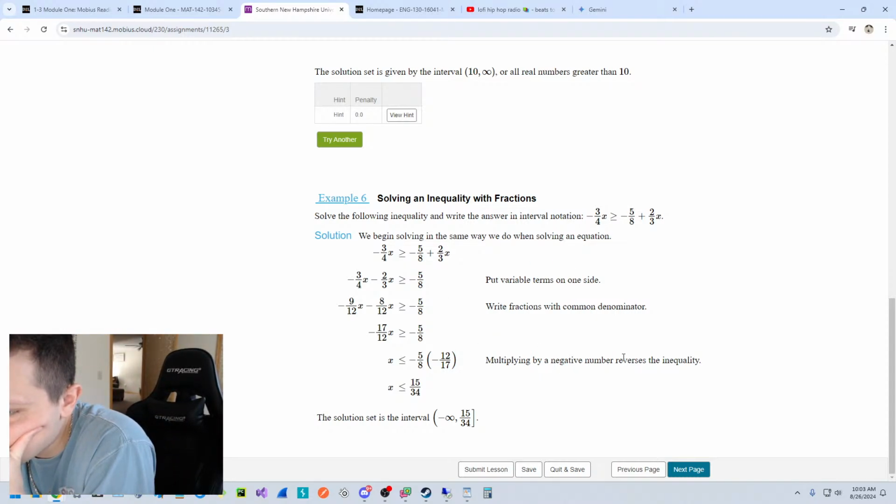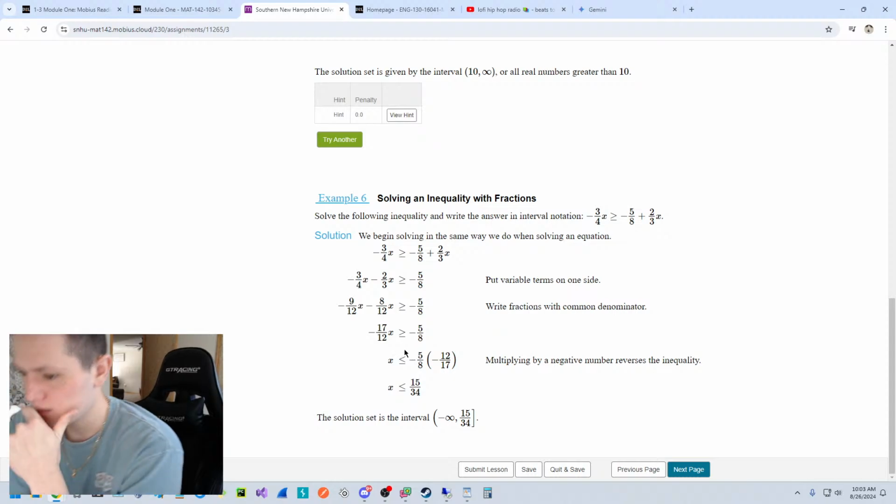Multiply by a negative number, reverse the inequality. So,